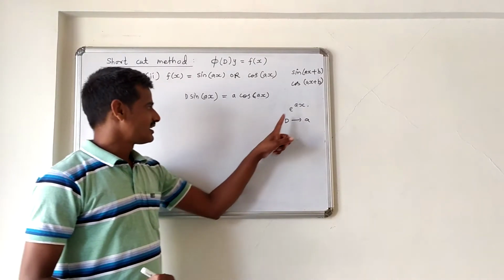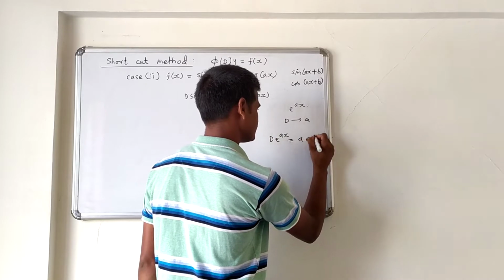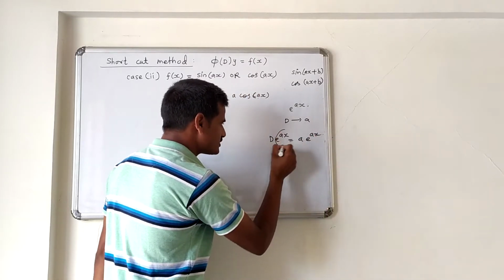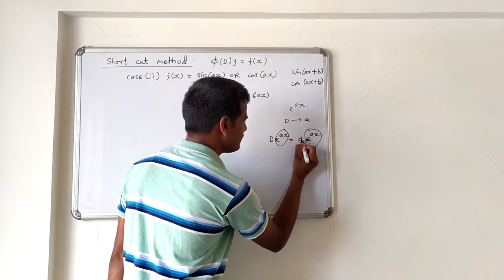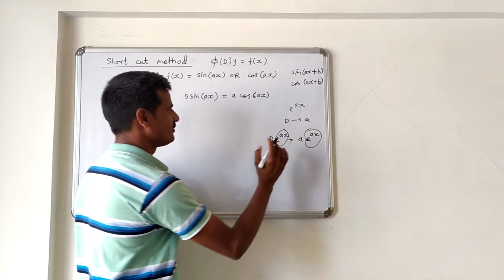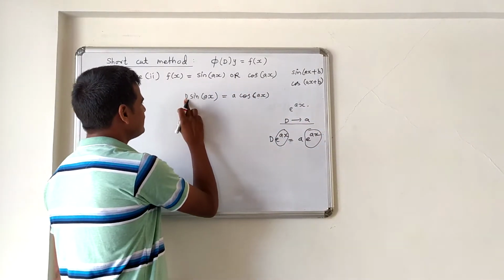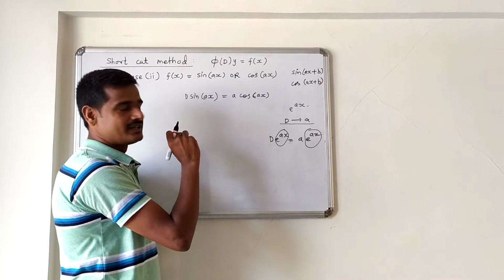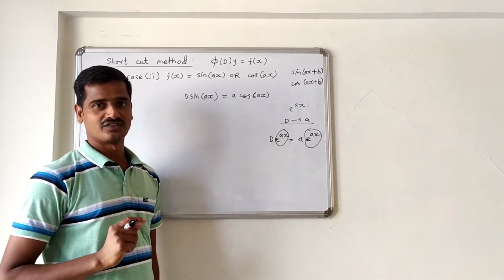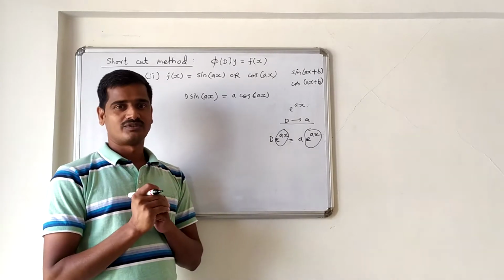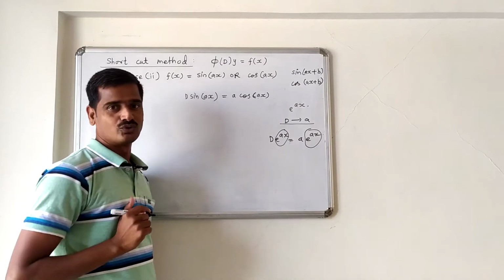Now in exponential case, look at this expression. This function will remain same on both sides, and D is replaced by a. That is the reason we have replaced D by a in the first case. Now in this case, D is replaced by a here, but there is a change in function. Here is sine function, here is cosine function. So when we replace such things, we have to take care that there is the same function on both sides.